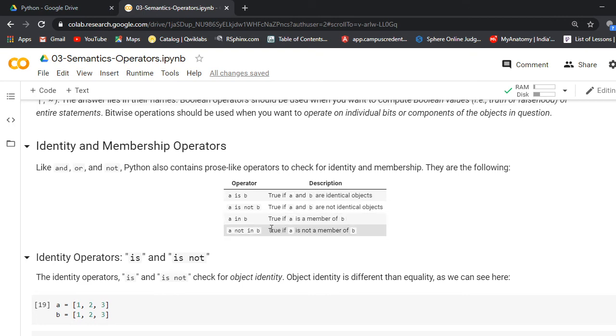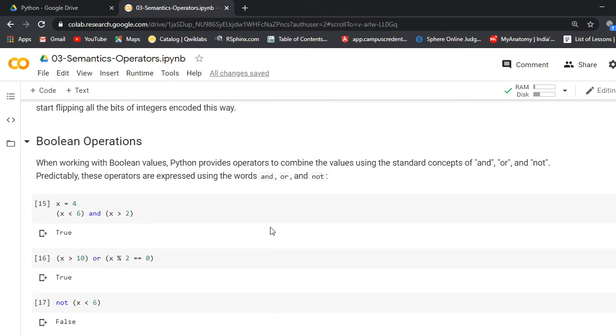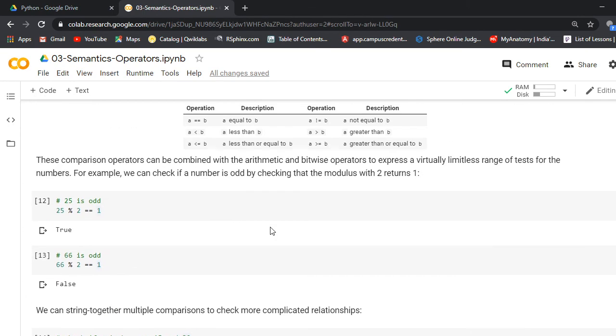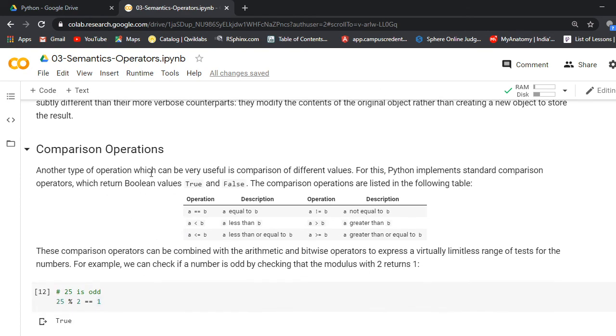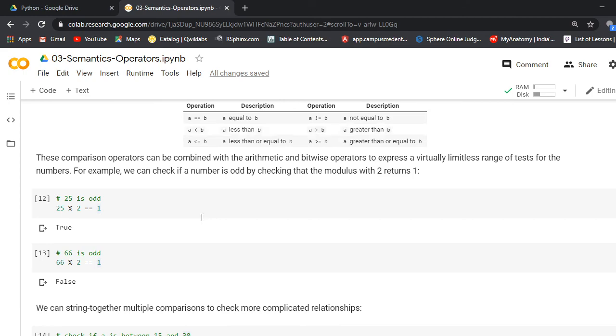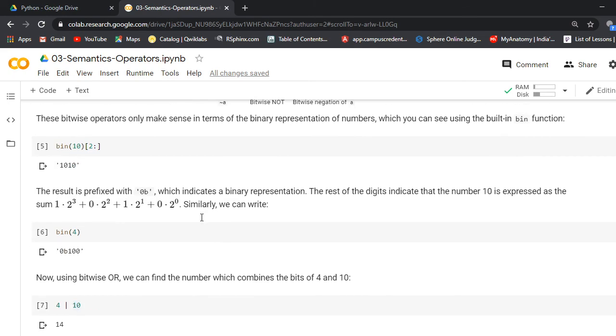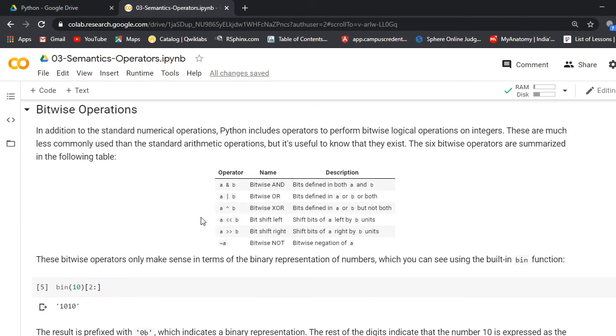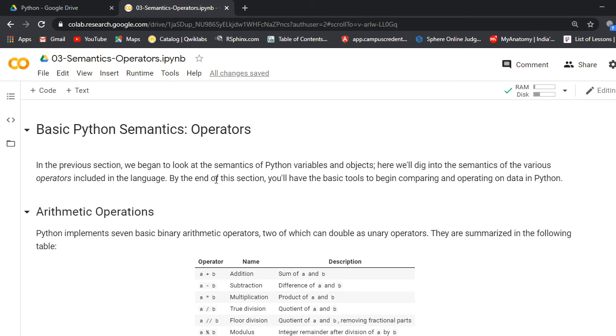You can practice all of this from this Jupyter notebook, with comparison operators like equal to, less than, and we learned bitwise operators and arithmetic operators.